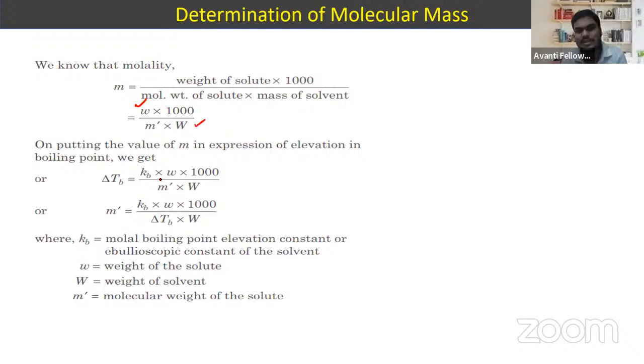We know that delta TB is nothing but Kb into molality. So this is Kb, and this is the formula for finding molality. So we can find delta TB by using this formula. In many questions, you have to find the